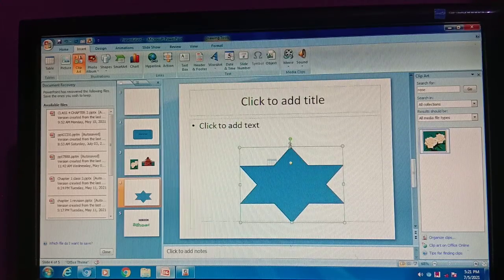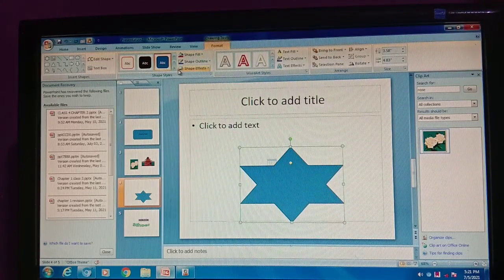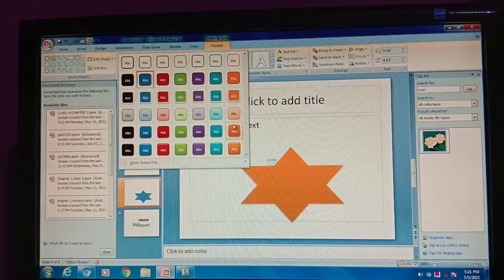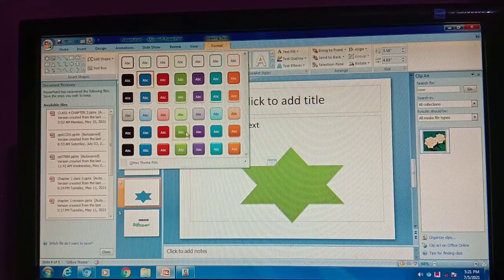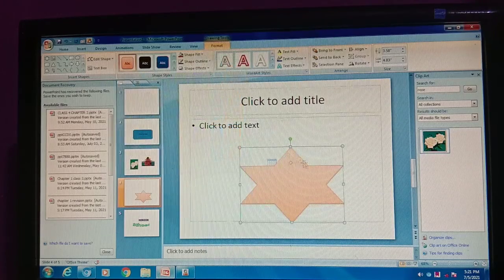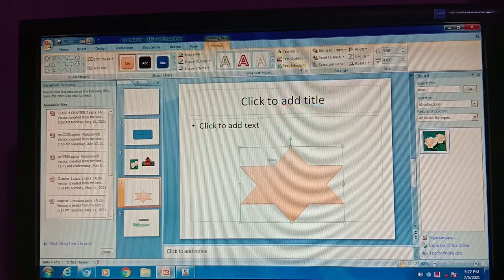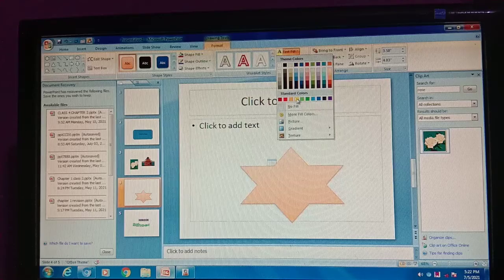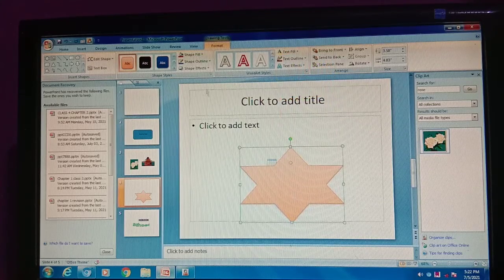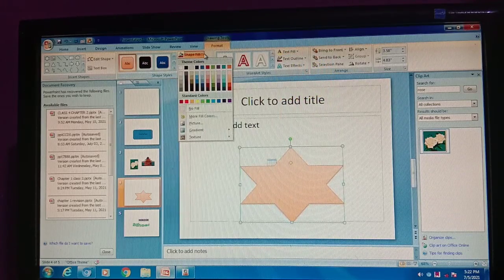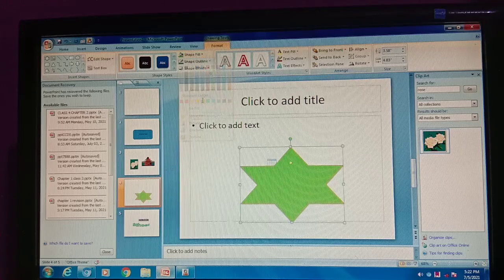Now you can change the color of this also. You want to change the color, you can change its color. Or either the fill, we can change the color like this.